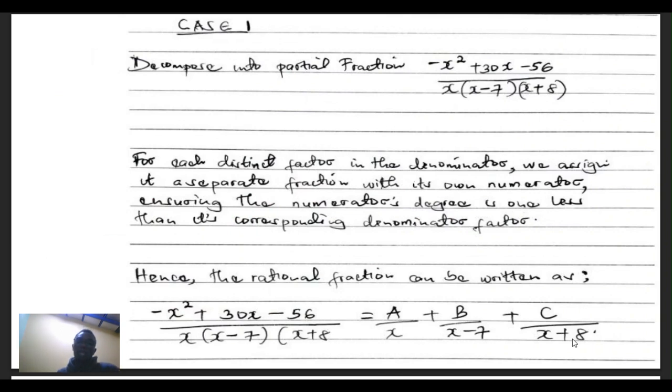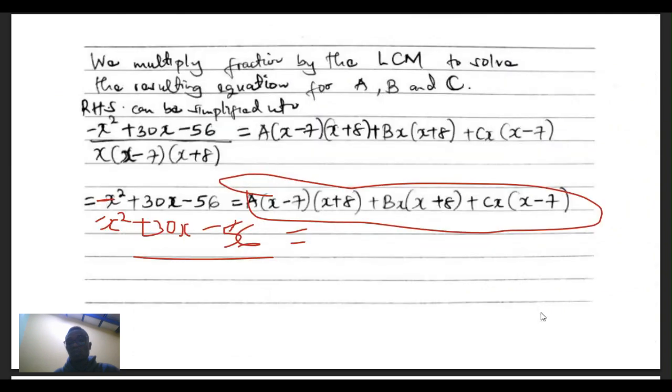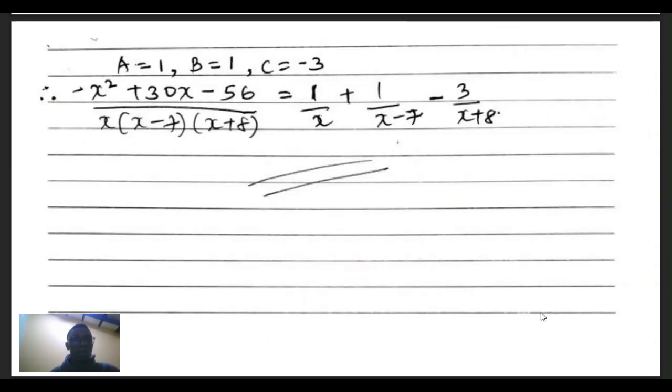We already have the values of A, B, and C, and that will mean that negative x squared plus 30x minus 56 over x(x minus 7)(x plus 8), if we